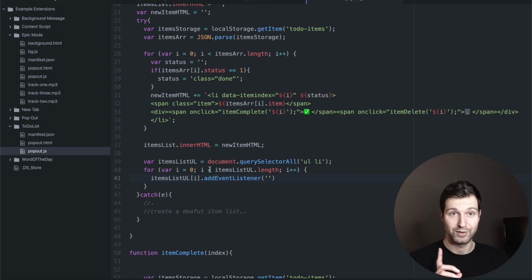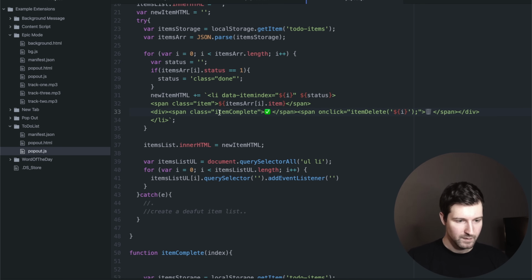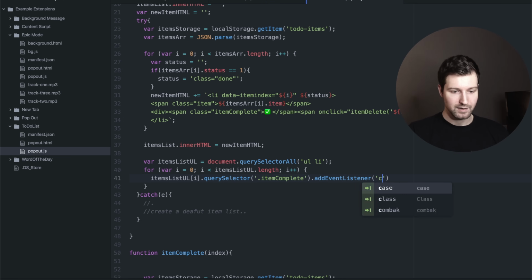We need to make sure though, first, that we don't add it to this whole function. We go and say query selector span, and then we'll probably set a class here. So we'll say span class item complete, like that. So then we'll just say item complete, and then we'll add our click event,